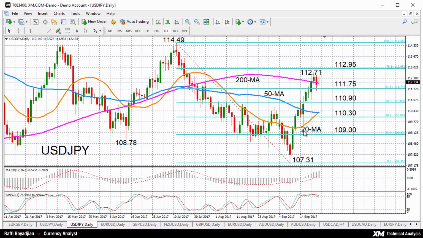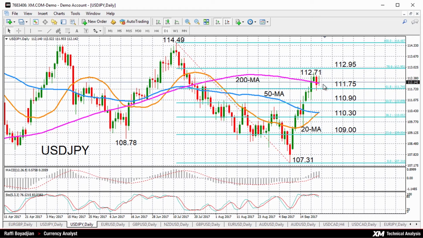We can see the 20-day moving average is trending upwards, although in the longer term it's still looking very neutral, slightly tilting to a bearish one with the 200-day moving average gradually trending downwards, and the 50-day moving average already on a slight downtrend. Prices did hit a 2-month high of 112.71